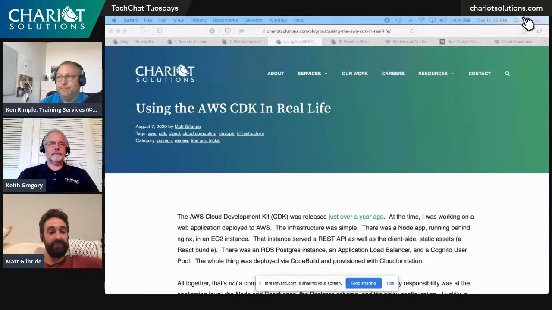So everything that is in the Java language, if you want to deploy your resources with Java, is at your disposal. And the article is about how big of a deal I think that is, albeit with the caveat that the CDK, even after a year, is still very new and very full of breaking changes. So I could go on and on, but